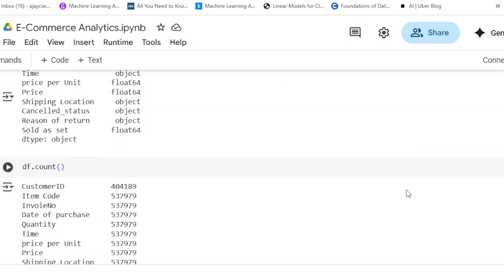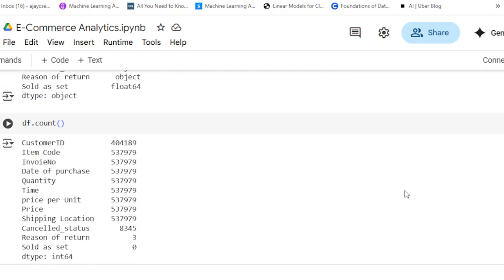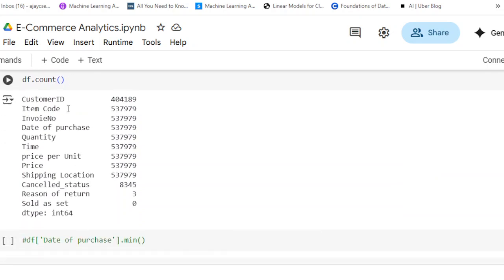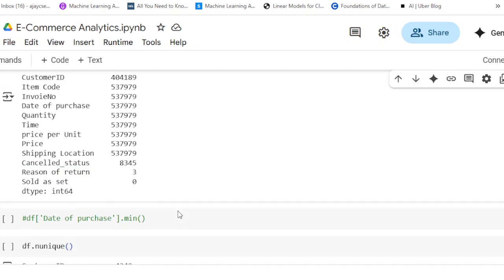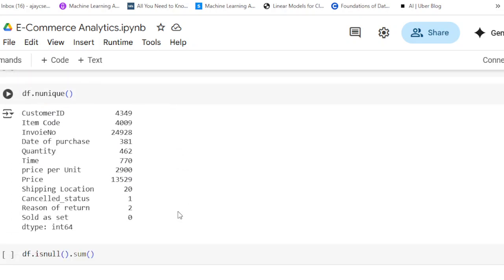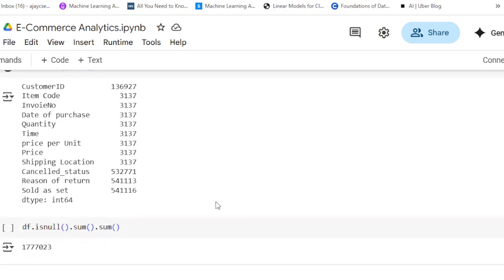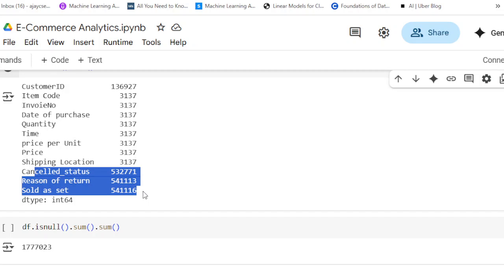So these are the various records. We can see that there are 5,37,979 records. 8345 do have cancelled status. Reason of return is only in 3 records, sold as set only in 0 records. So here there are so many null values in these,